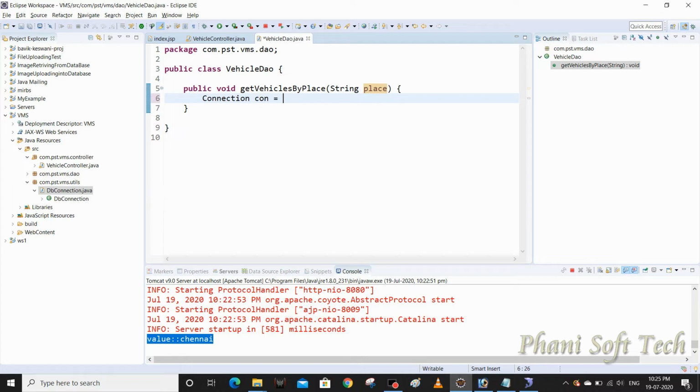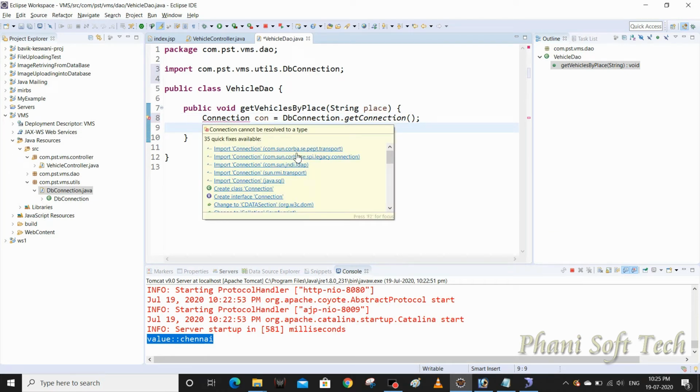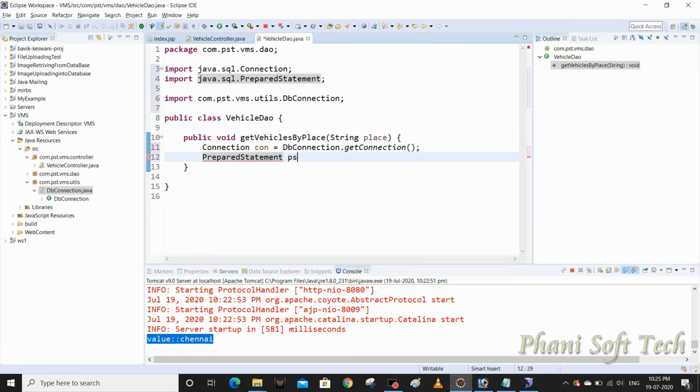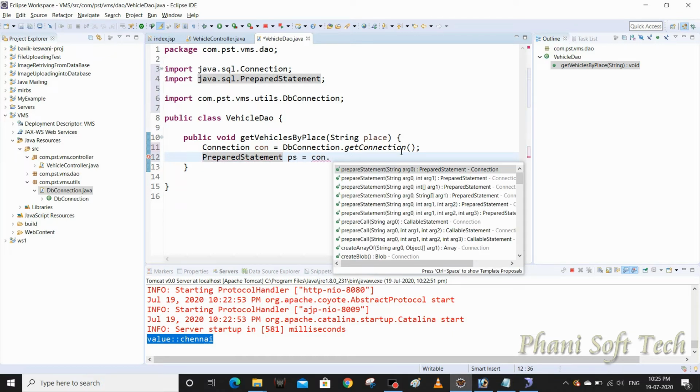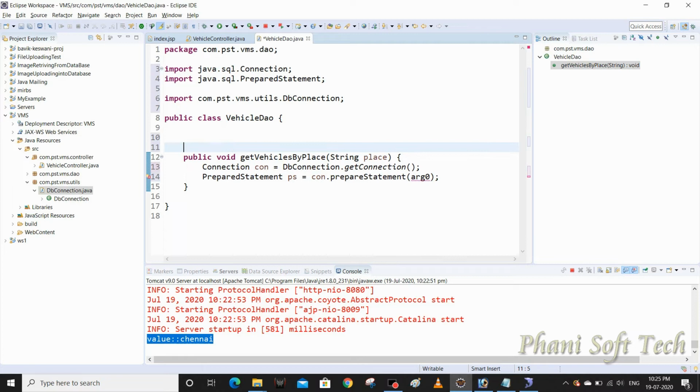Now I need to get the connection: Connection con equals DBConnection.getConnection. Now the connection is ready. I'm going to import it from the java.sql package. Then the PreparedStatement: ps equals connection.prepareStatement. I need to pass a query here, so I need to declare one query as a constant string.